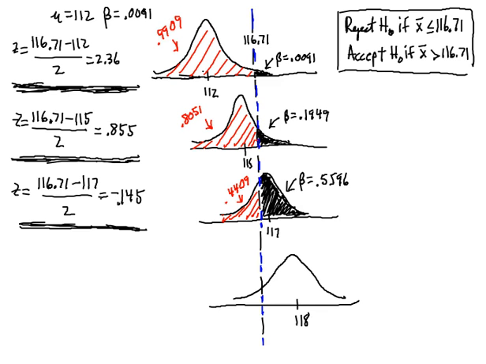Okay, returning to the problem that we were working on, we have the shipment of batteries claim that the population average life is 120 hours. For a sample of size 36, we created a decision rule over here on the upper right hand corner. We are going to reject the null hypothesis if our sample of size 36 yields a sample average that's under 116.71. We will accept the null hypothesis if the sample average from that sample of size 36